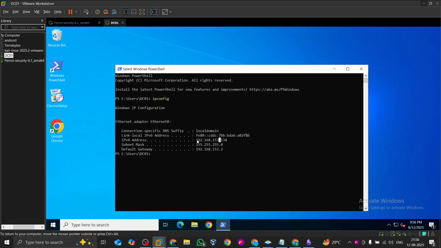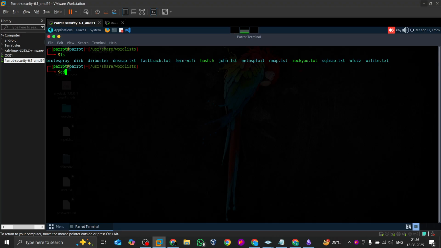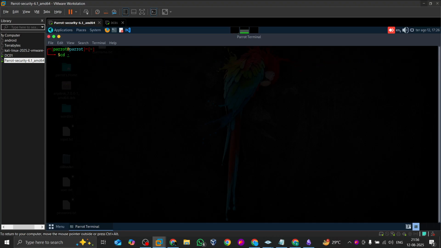So now I'll perform the Hydra attack on this IP. For that, let me come out and change the directory. Then we'll simply type hydra -L. The reason for -L is that we don't know the username, so I'll give username.txt, then capital -P password.txt, then our IP